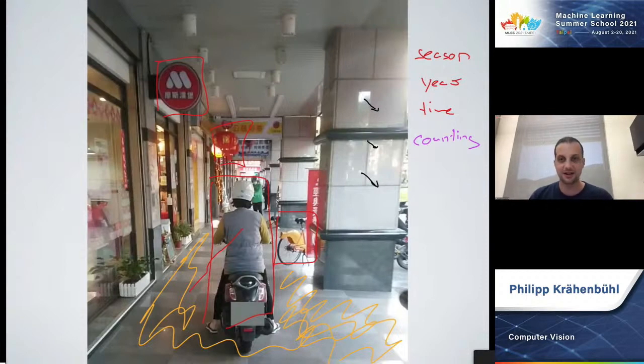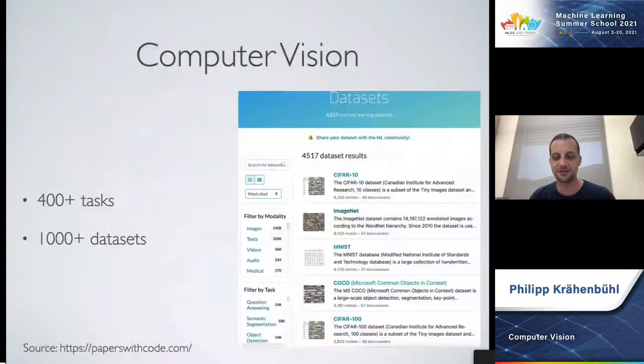In fact, there's about 400 different computer vision tasks that are categorized and over 1,000 different data sets. And if you're interested in what are all the different weird things people do in computer vision, I'd highly recommend you look at Papers with Code. It doesn't just list computer vision, it also has natural language processing and related fields in there. But it's a very nicely categorized source of problems that people study.